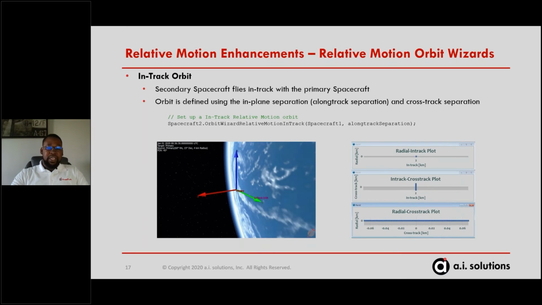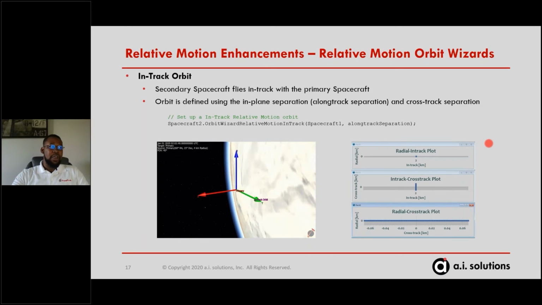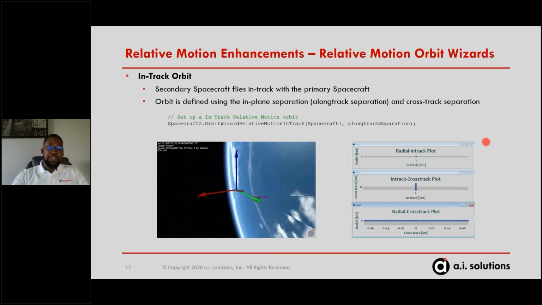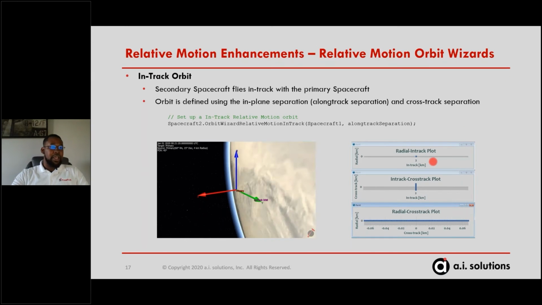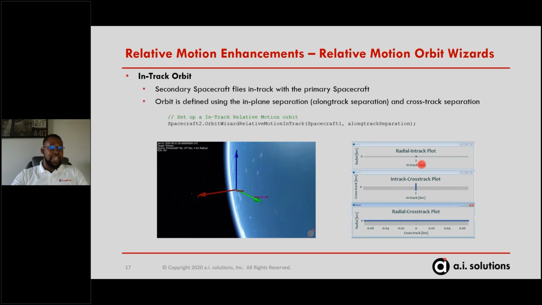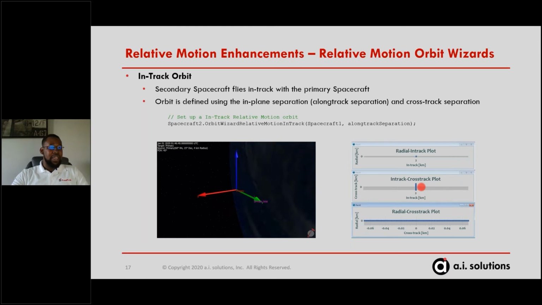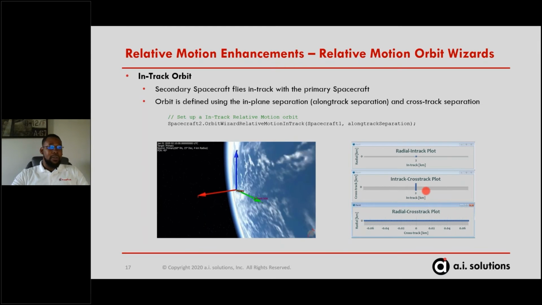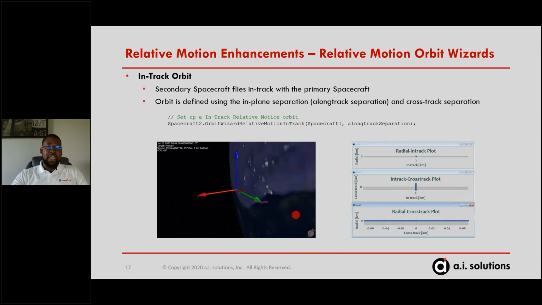Now our next one is the NTrack orbit wizard. And this wizard is just done for an NTrack orbit with your primary spacecraft, where you're defining the in-plane separation and the cross-track separation. So we can see here in our radial versus NTrack plot that we are staying in plane during this time, but we are actually having some rise and fall of our in-track cross-track